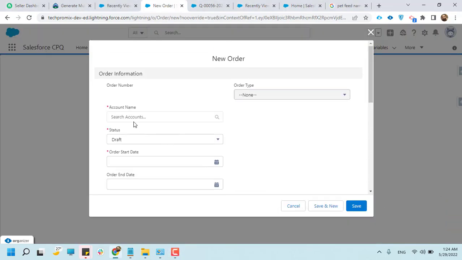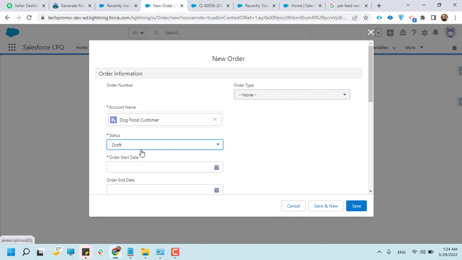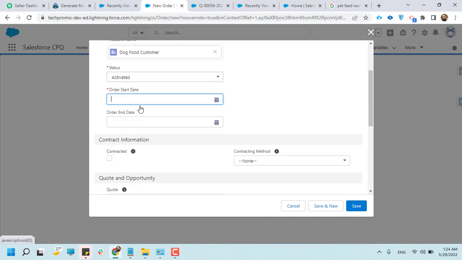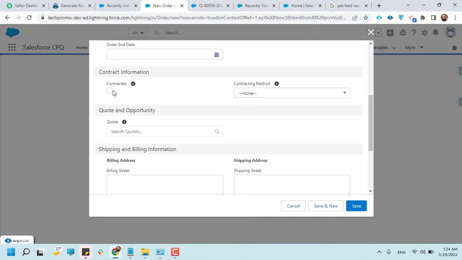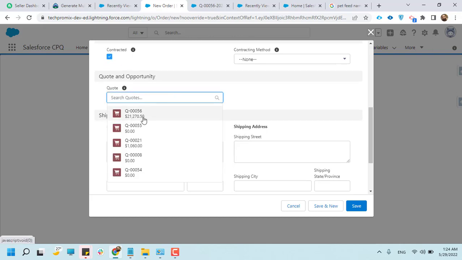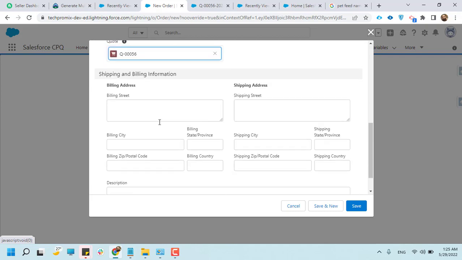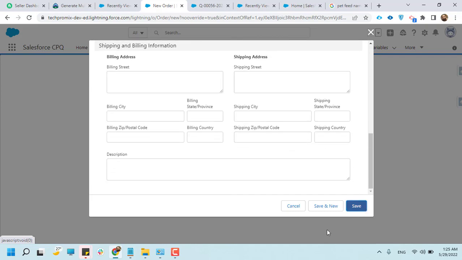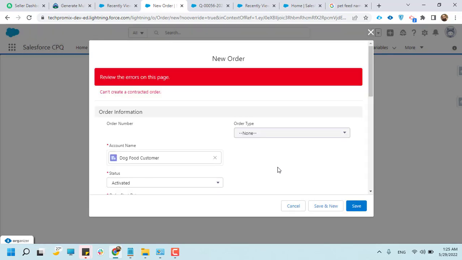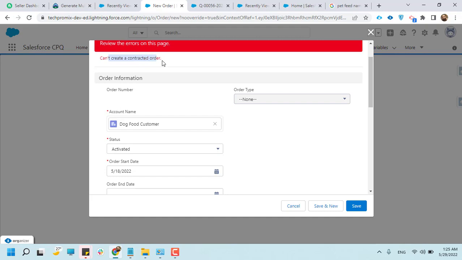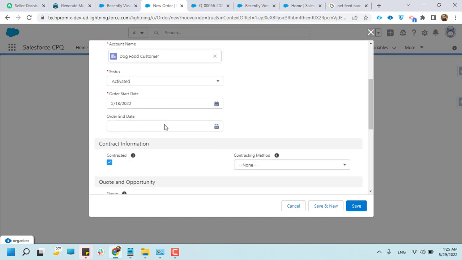So it's our quote name. You just need to remember the latest quote. It's our 56 billing address. Let's see. So we can't create a contracted order, so we just click on